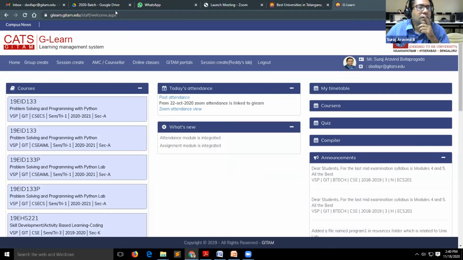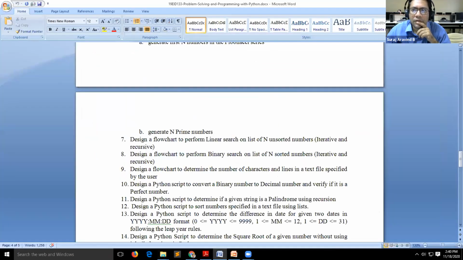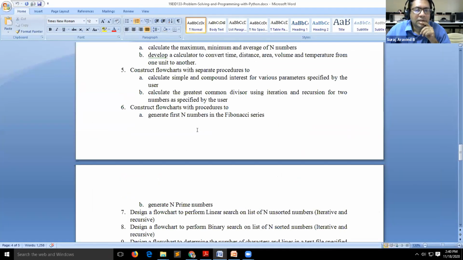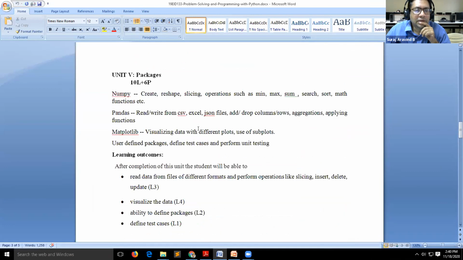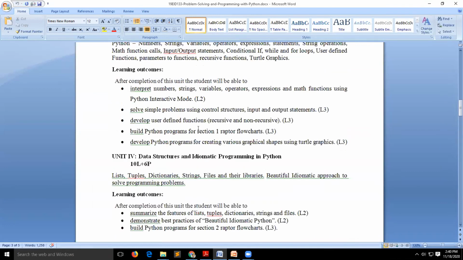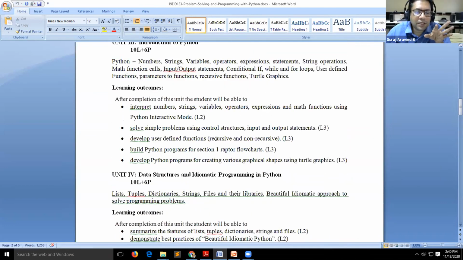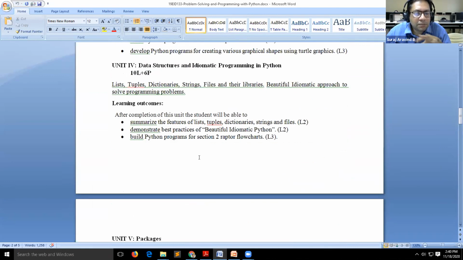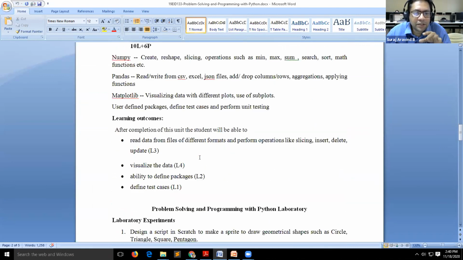Right. Before we start the Python part, the idea we have in our mind is that by the end of this week, we are planning to complete the Raptor related things.